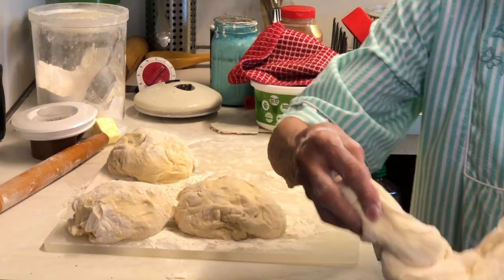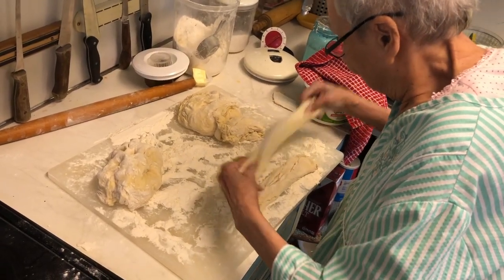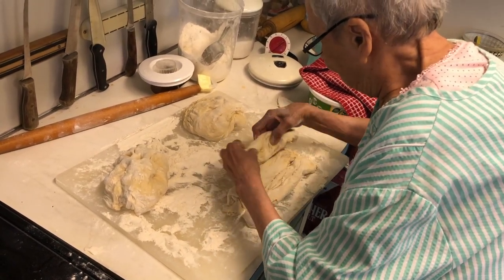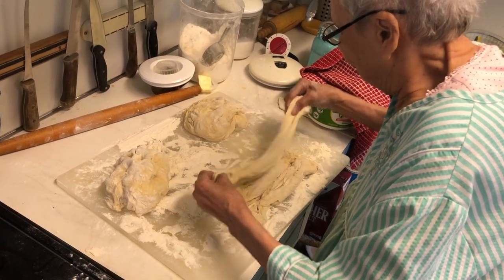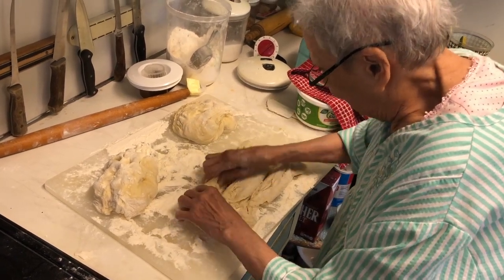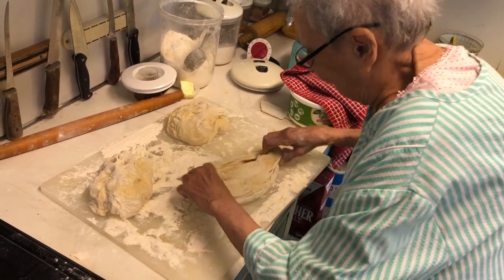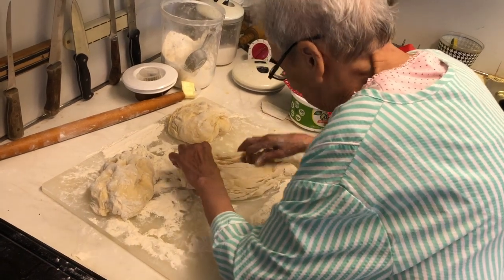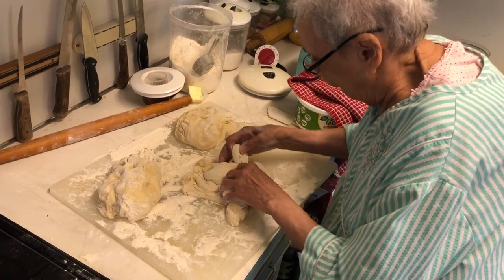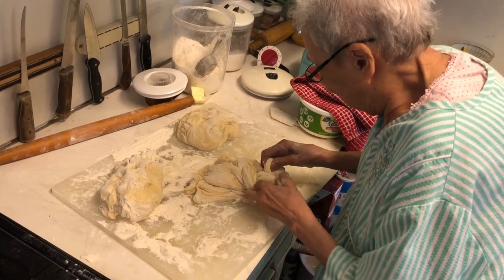Looks like you got it. No, that one. Some days it works better than others, you know. Try to thin it out. This one. You see how lopsided this one is. Mm-hmm. So it's-